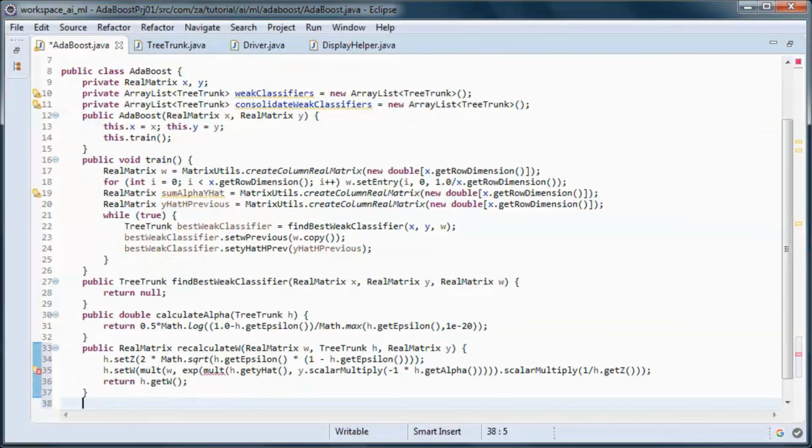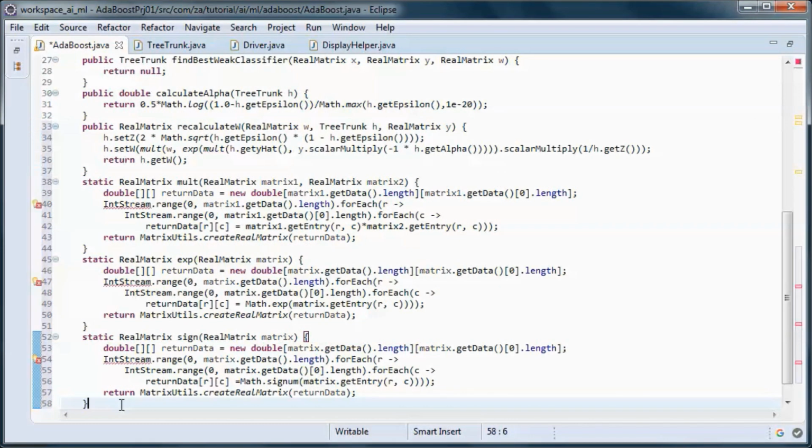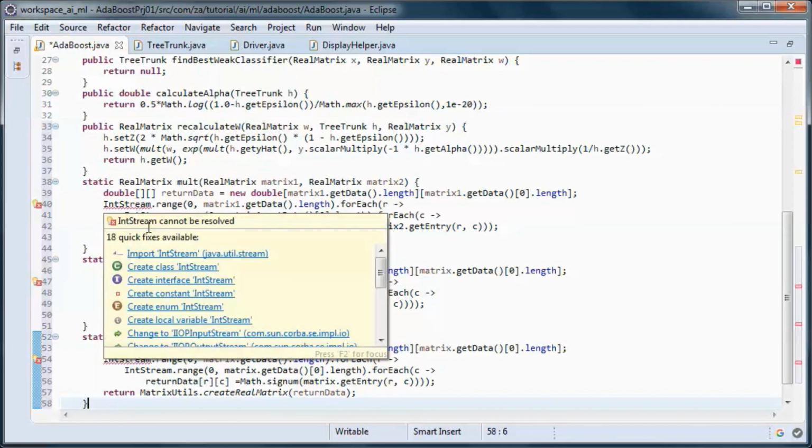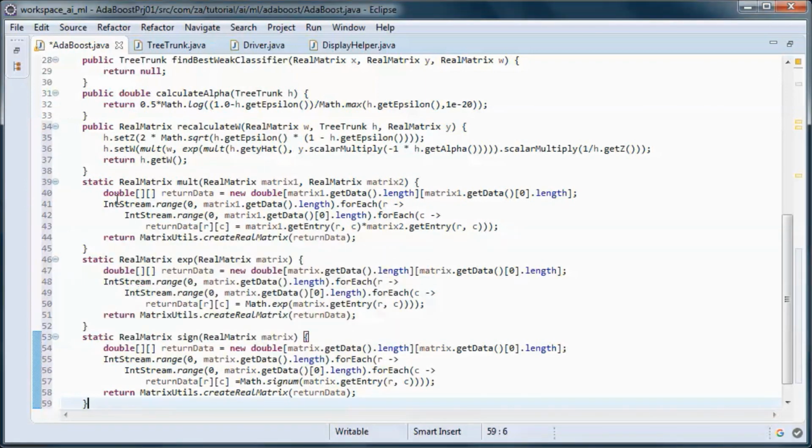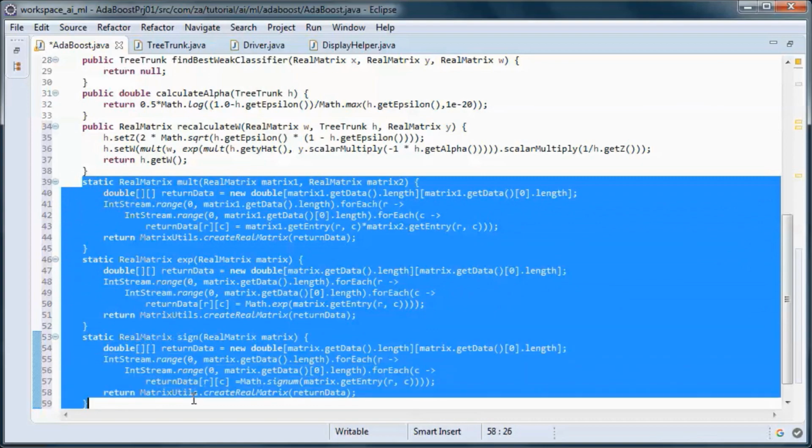And let me define here those three helper methods for matrix operations.